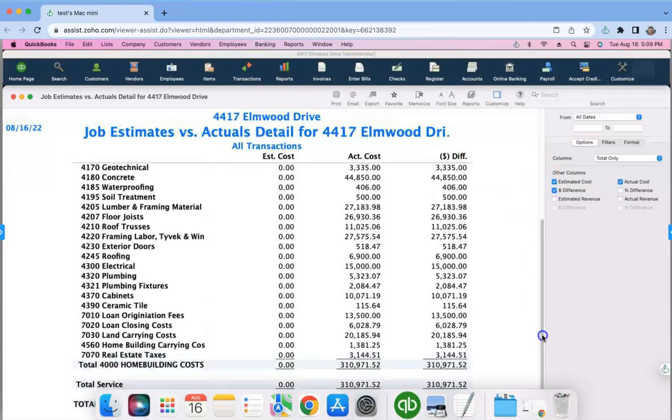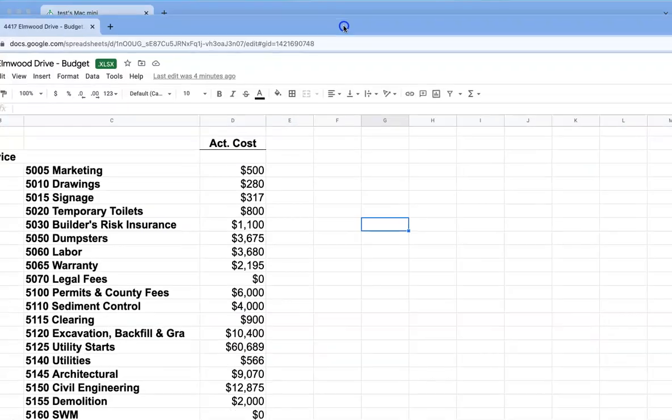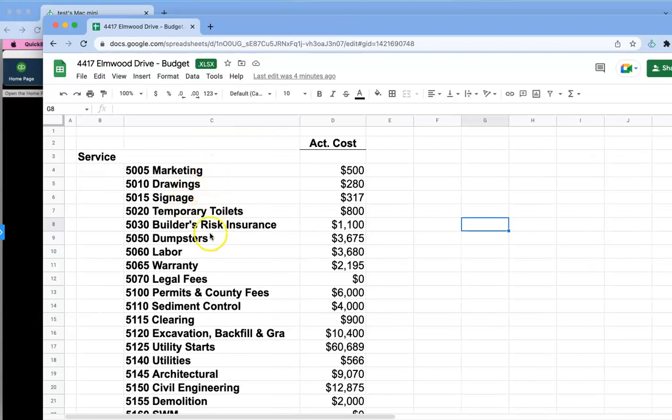And so what you're seeing right here is I haven't built the actual budget yet over here as an estimate. And what's happening is all the costs are coming in. So it's backwards deliberately so that you can understand it better. But the estimated costs would be the budget, and then the actual are the numbers that are actually coming in for the subcontractors. So right now what we want to do, since we don't have the estimated costs, what we need to do is work backwards and start plugging all these numbers